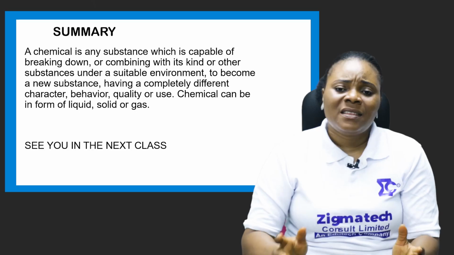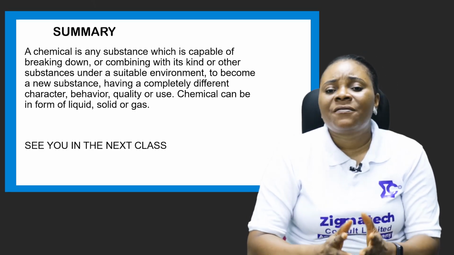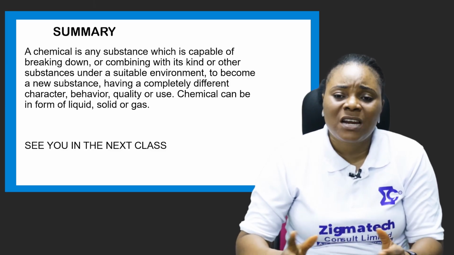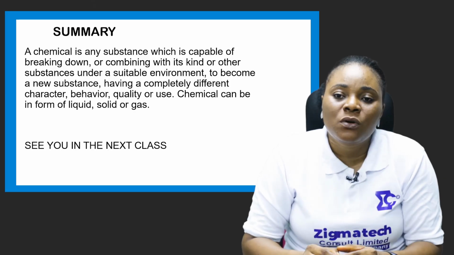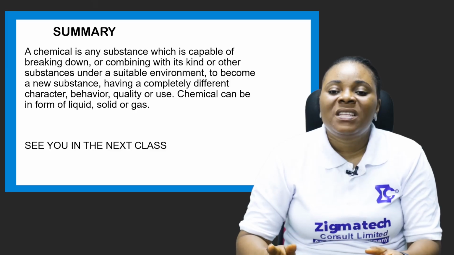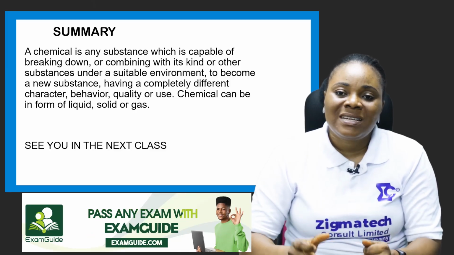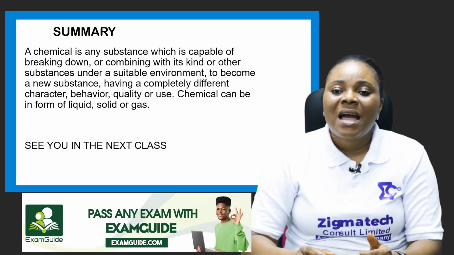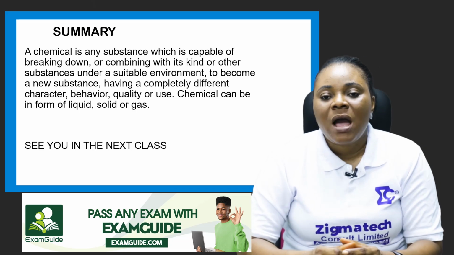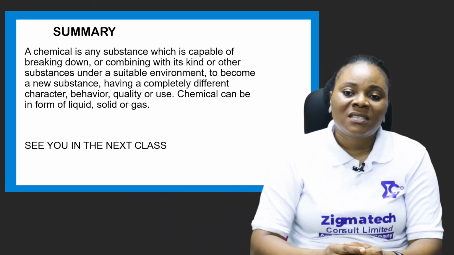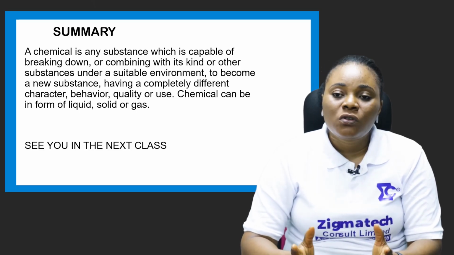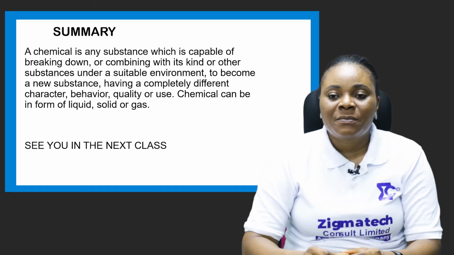And we explained that the chemicals suitable for use, they have features like being safe, being harmless, they are non-toxic, they are non-corrosive, they are non-flammable, and so on and so forth. But for the ones that are not suitable for use, they are toxic, they are flammable, they are corrosive, they are harmful, they contain toxins, which is not safe for our direct use. Then we looked at the needs for the monitoring and controlling of food, drugs, and chemicals by NAFDAC.